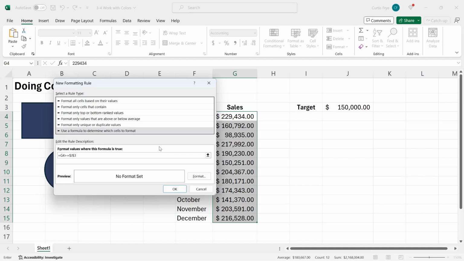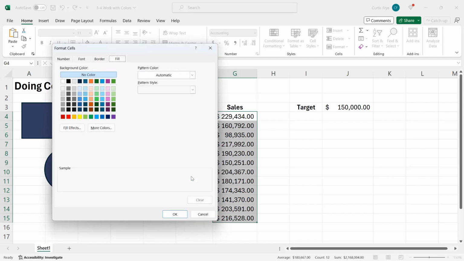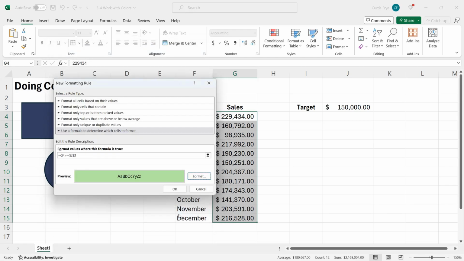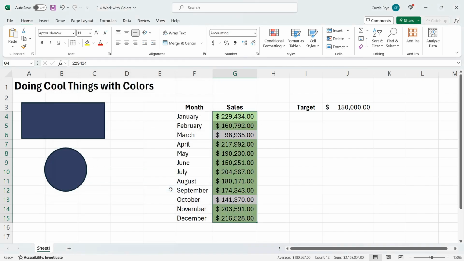Next, I can set the format for the cells where the condition is true, so I'll click Format, and I'll just give it a light green background. In this case, the Fill tab came up. If not, go ahead and click that, and then I'll click OK. There it is, and click OK again, and the format has been applied. And every cell with a value greater than or equal to 150 has a green background, and the two that don't do not. And the great thing about using a formula is that you can change